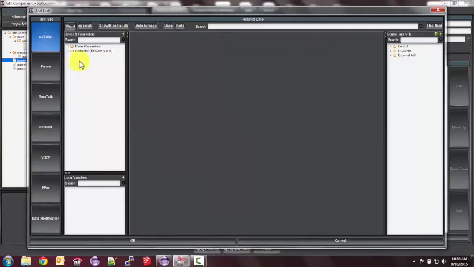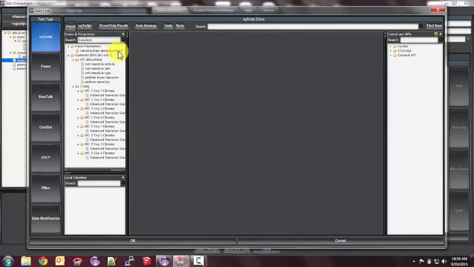On the left here, you will see the parameters that we've added to our panel and the equipment that we've added to our panel. And in this case, there's only the Carbonite. And that's all we're going to use today to create our script. So when we press that button, we want a transition to occur. So let's look up the word transition. This will show us all the things that have to do with transitions. And in the API, you can see that the Carbonite has several methods for transitions.